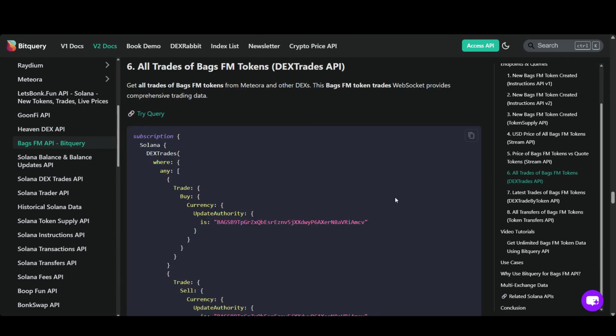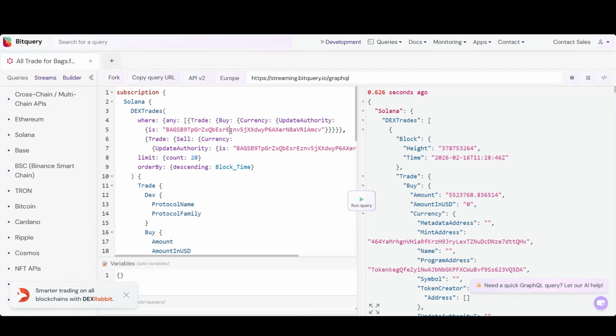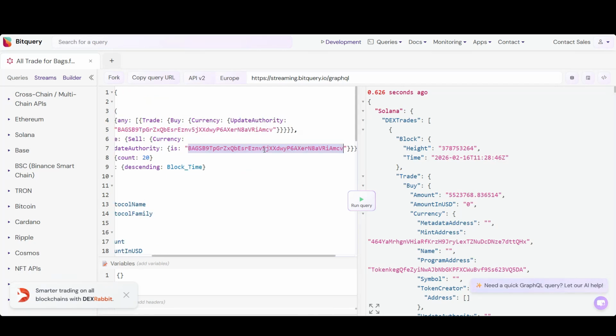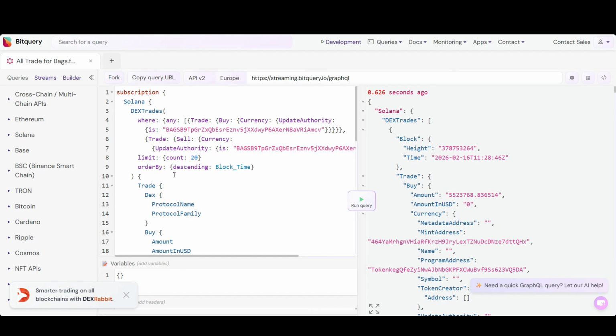First, let's stream all trades for BagsFM tokens across all DEXs. The key identifier is the Update Authority address. This is BagsFM's creator program. By filtering for this address as Currency Update Authority on either the buy or sell side, we capture all trades